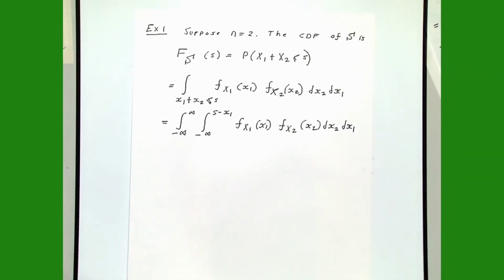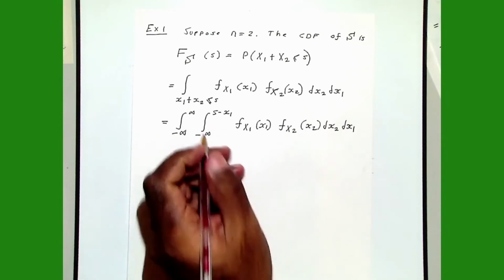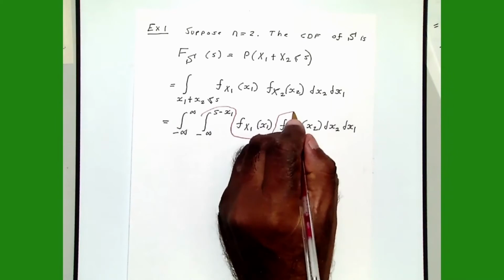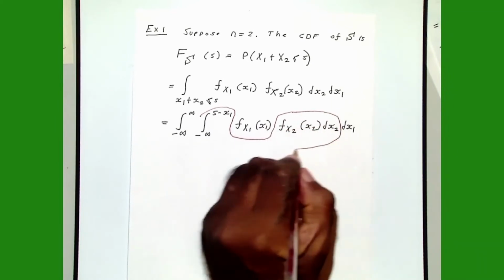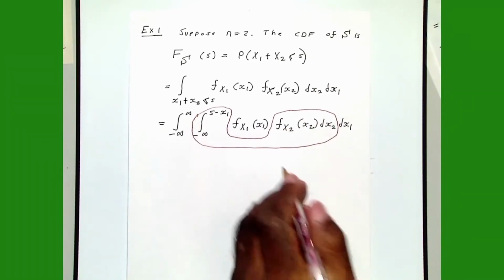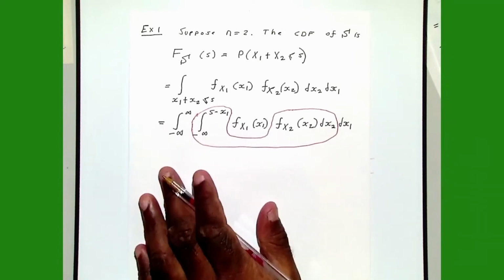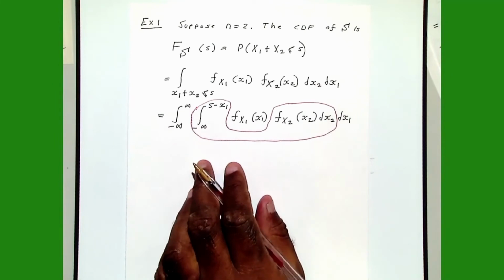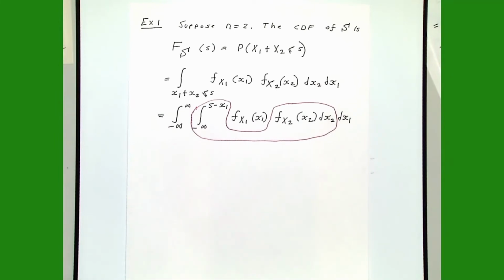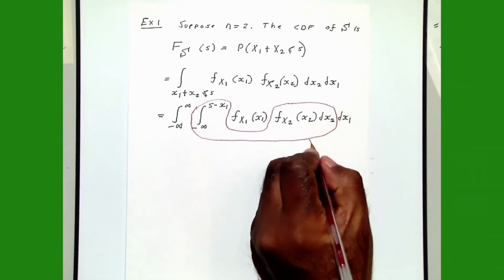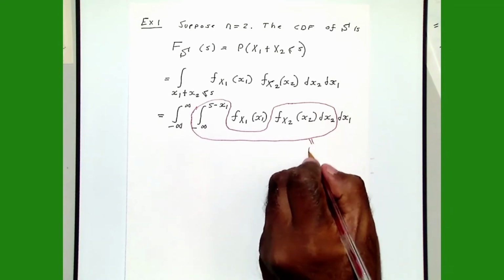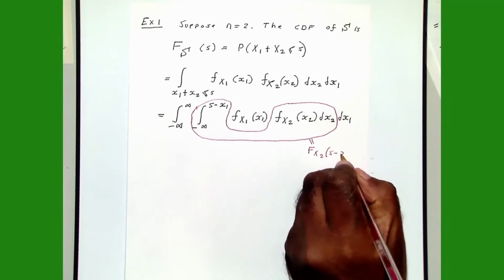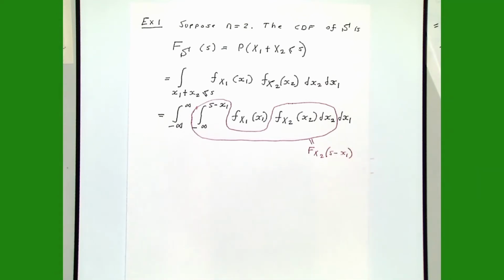Right. Okay. Now, if you look at this term here, what you have inside the highlighted area is the CDF of x2 at s minus x1. Right. So basically, this thing here is equal to FX2 at s minus x1, right? So I'm going to write